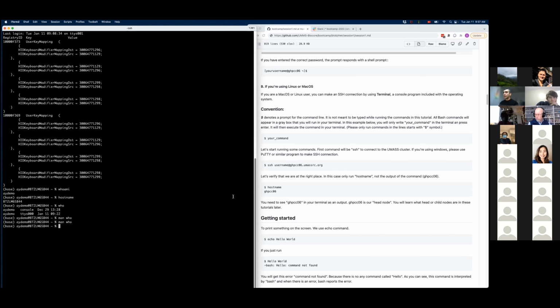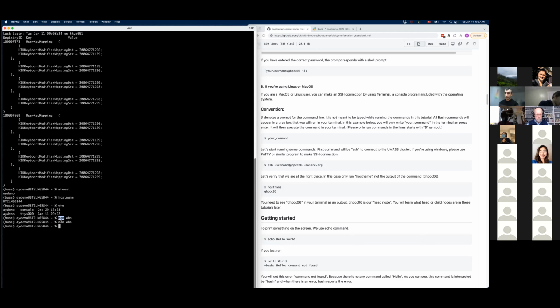So another maybe annoying part of using the terminal is you are not going to be able to use Control C and Control V for copying and pasting things. Luckily there's also something that's helpful.